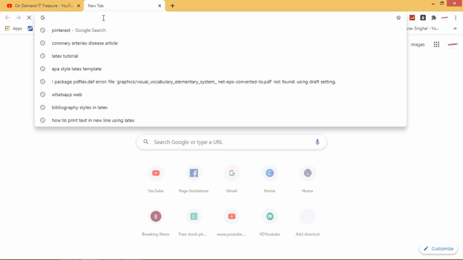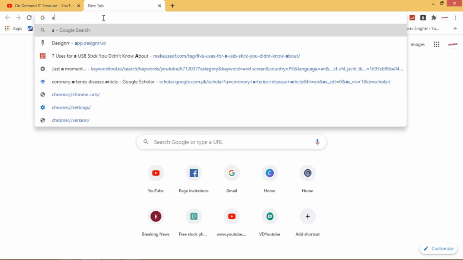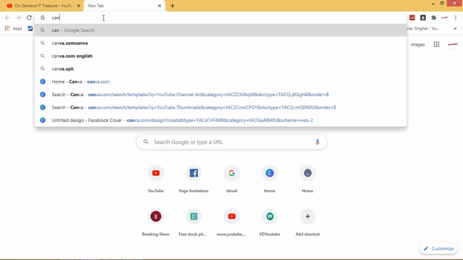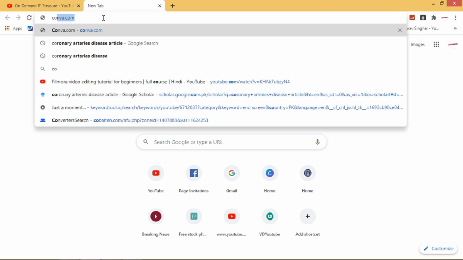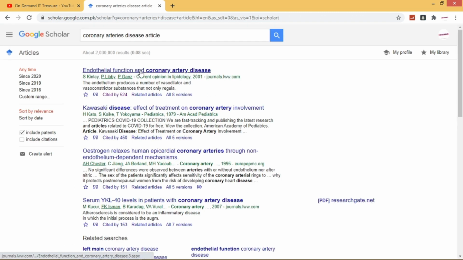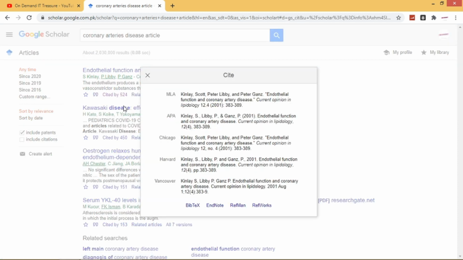Let me tell you, let's suppose if you're going to cite this article, like the coronary artery disease article, how you can get the BibTeX format of this article? It's quite simple. Let's suppose this is the article I'm going to cite. You just need to click on this cite button and then click on BibTeX.